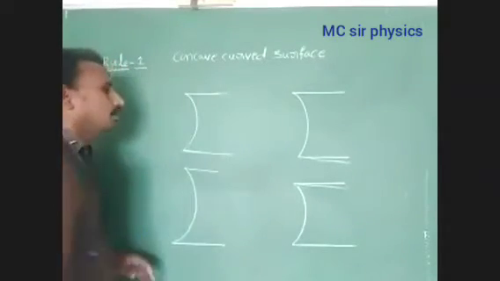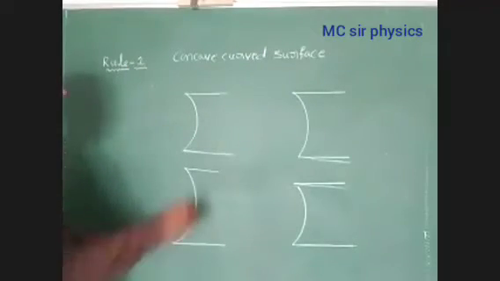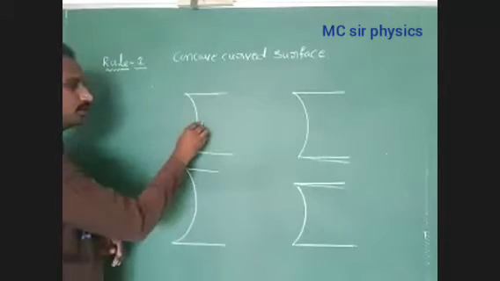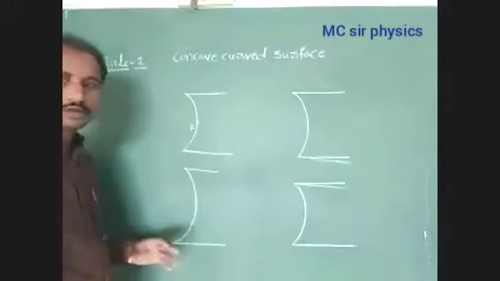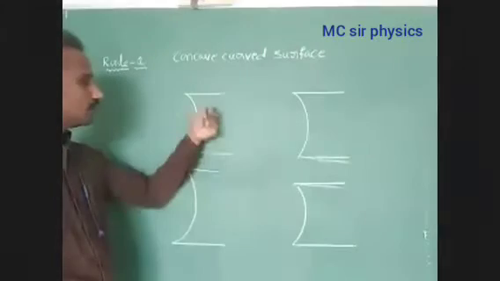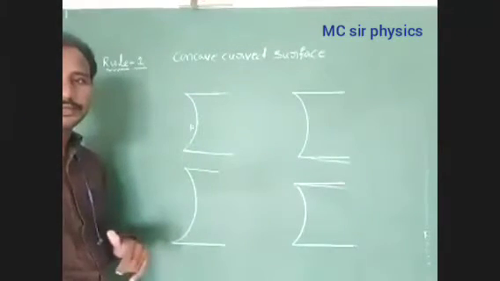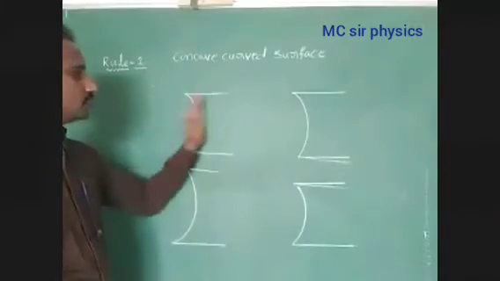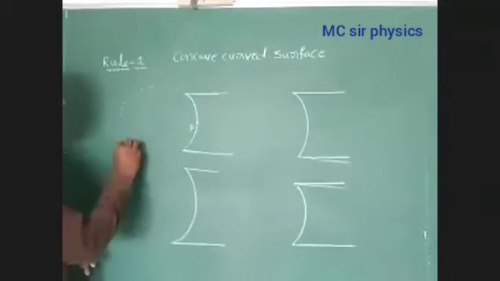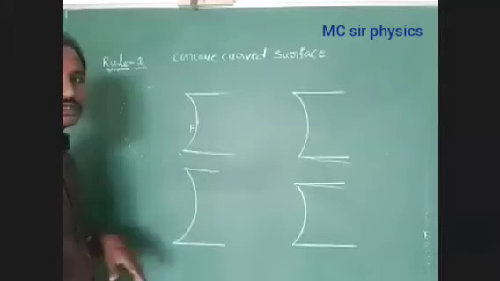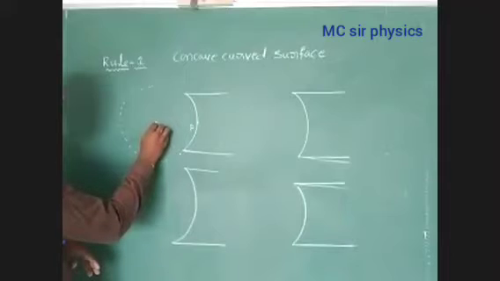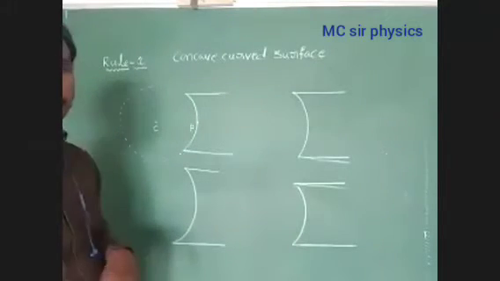If a ray of light is parallel to the principal axis. Now we have to draw the principal axis. Here, the pole is the midpoint of this curved surface, and we represent the pole. And where is the center of curvature? Inside the denser optical medium or outside this medium? Outside this curved medium, we consider the center of curvature. So the center of curvature is C.